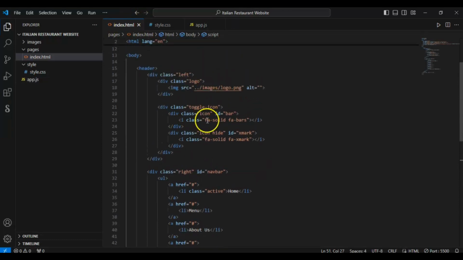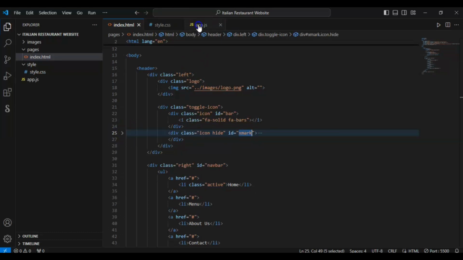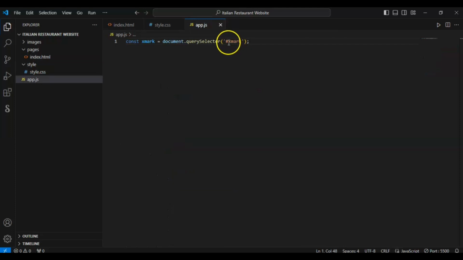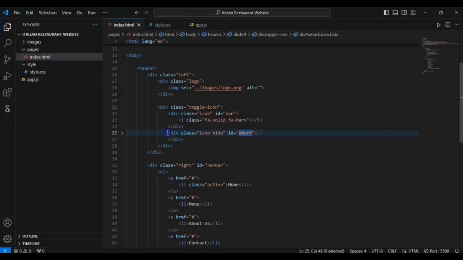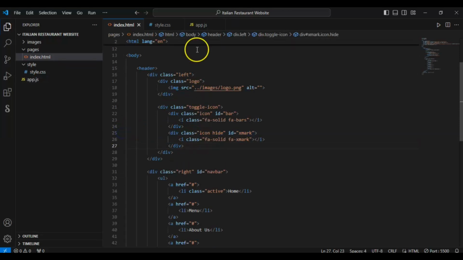Here we have xmark. Okay, so when we are targeting this div, we are giving it here xmark. We are using hash to tell our JavaScript file that we are targeting an ID. So it will search in our HTML file and target this div. Okay, and this div has the X icon. Okay,